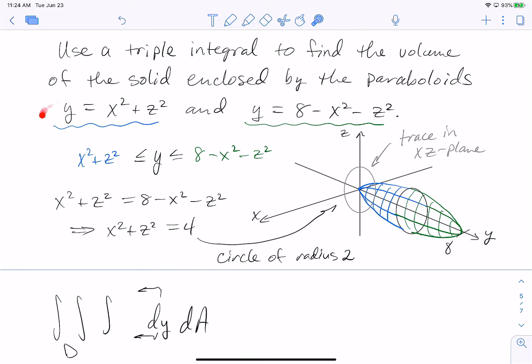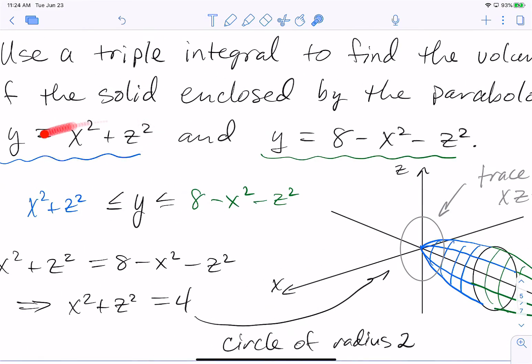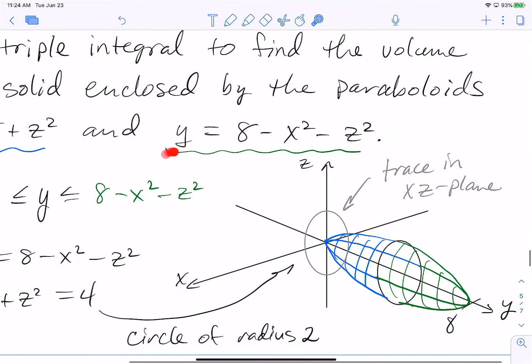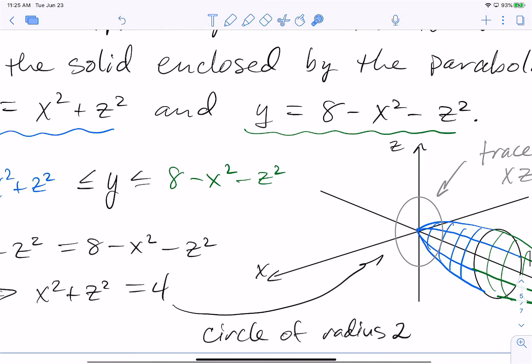We have the blue paraboloid, which is centered on the y-axis, and it opens in the positive y direction. And then we have a green paraboloid, which has a vertex 8 units out on the y-axis, centered on the y-axis, and opens in the negative y direction. And so here they are, they meet together, and where they meet is a circle